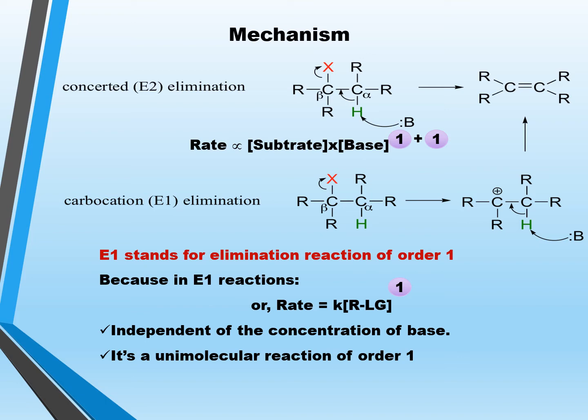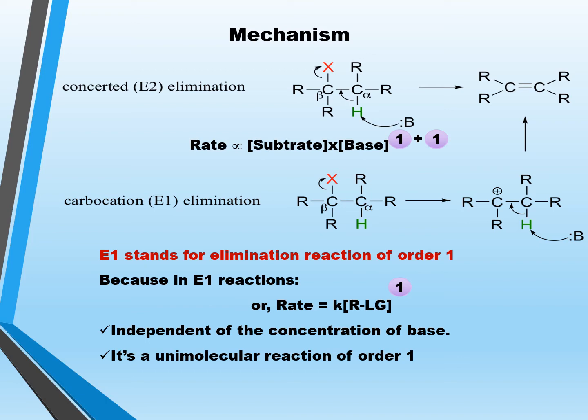So notice that here the base starts the reaction, which means the base and the substrate are both involved in the step, and good evidence to say that this is a bimolecular elimination reaction, or E2 reaction, is by looking at the rate equation. When you see the rate equation is proportional to the concentration of the substrate and the concentration of the base. Whereas in the case of E1 reaction,